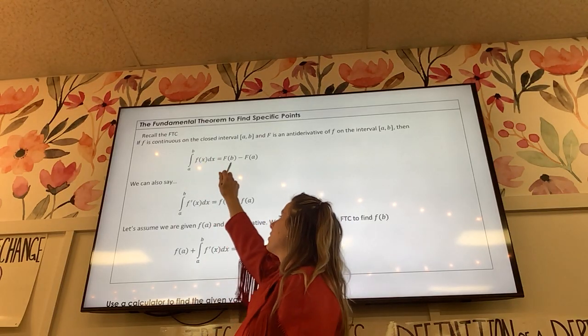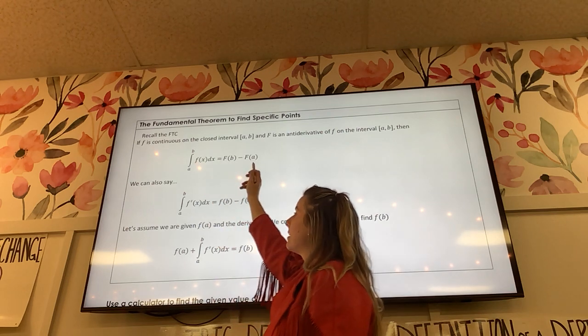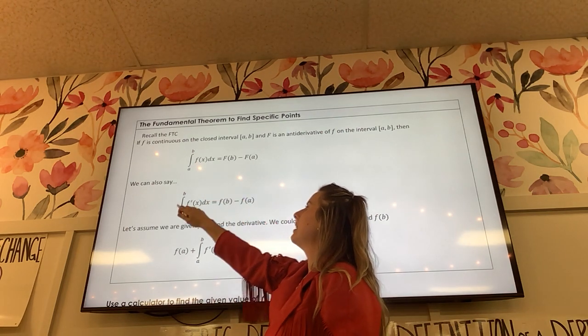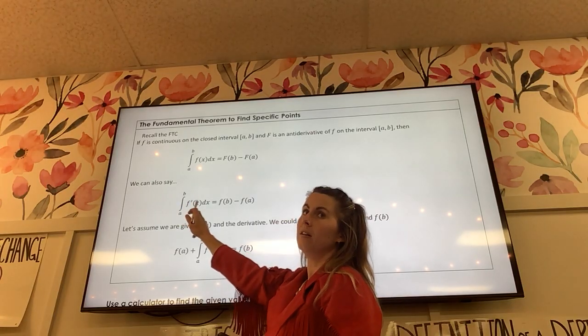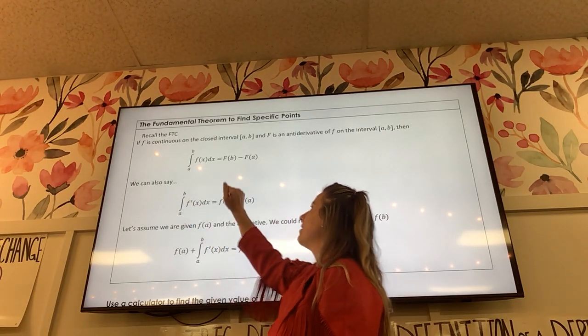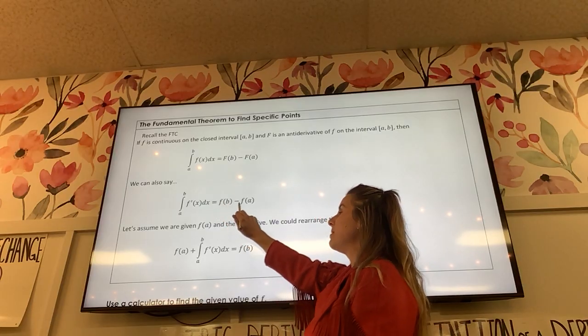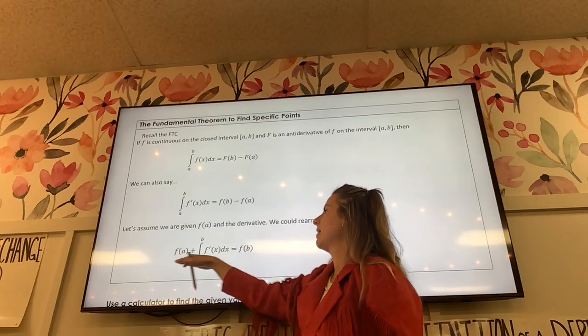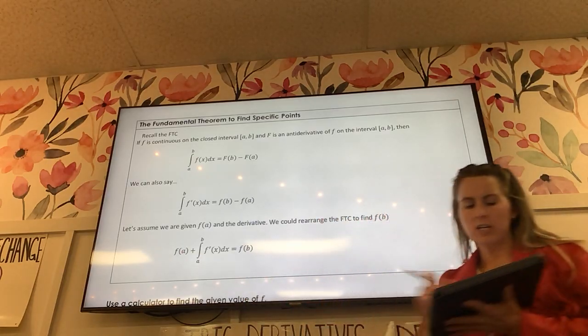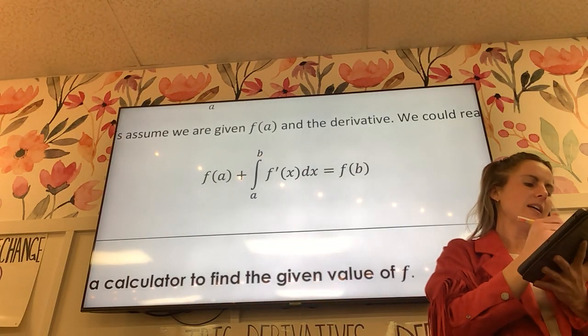You plug b into your antiderivative minus plug a into your antiderivative. If you're talking about the integrating of a derivative, what happens with your integral and your derivative? They cancel. And so that's why it goes back to just regular f of b minus f of a. And so this extension right here is how we can come up with this expression, which this guy here is saying